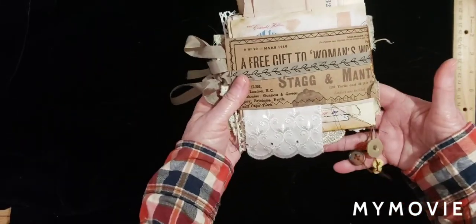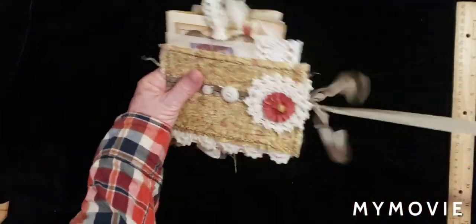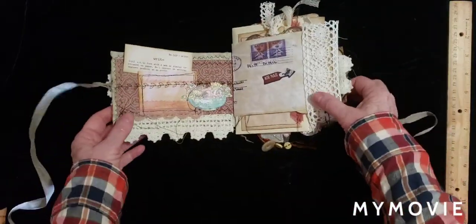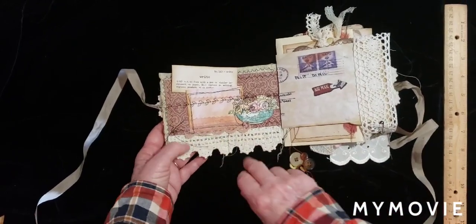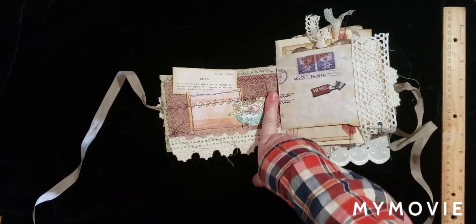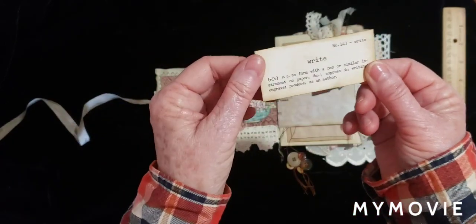Here's the back. So just open it up, and you have your little wallet journal. Here's some more of that vintage crochet type trim, and you can see the stitching that I sewed, the seam binding. Here's a little pocket,